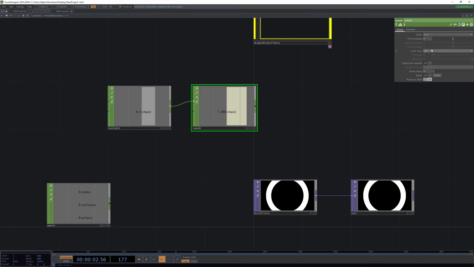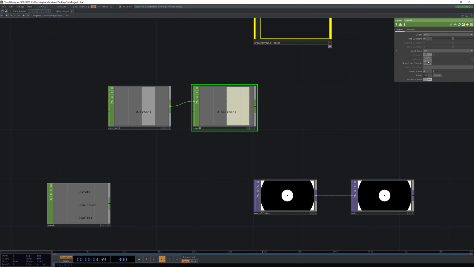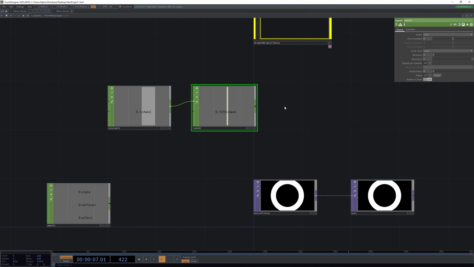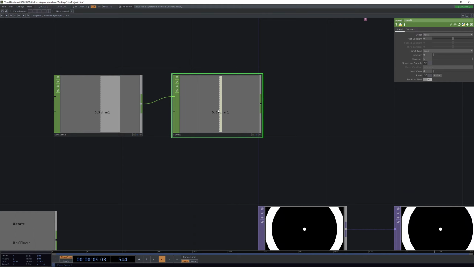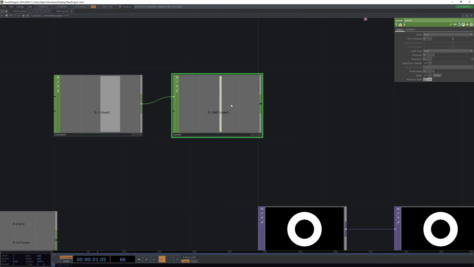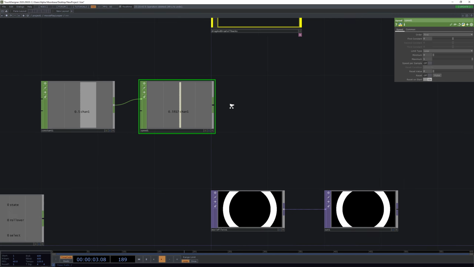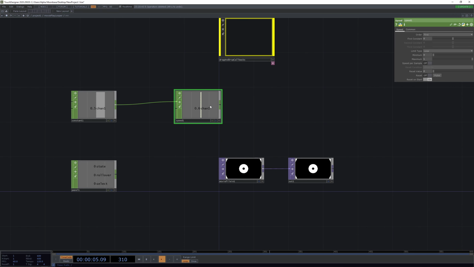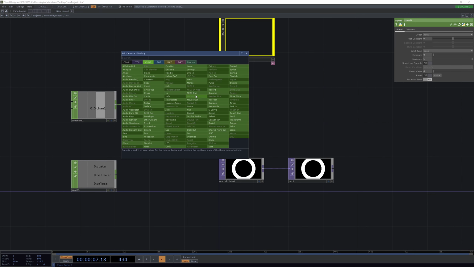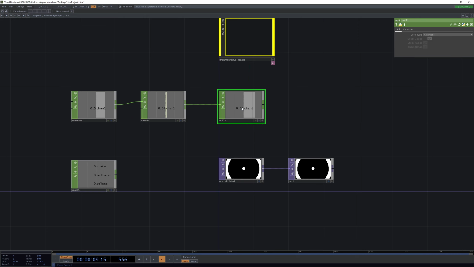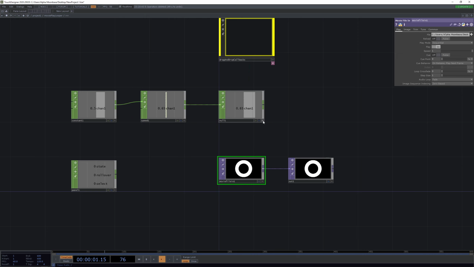So what we're going to do is change the limit time and set it to loop. Now the value is going to change, and every time it reaches 1, we just jump back to 0 and continue in an everlasting cycle. We're going to set up a null here, and now we're going to activate the viewer, grab our channel 1,